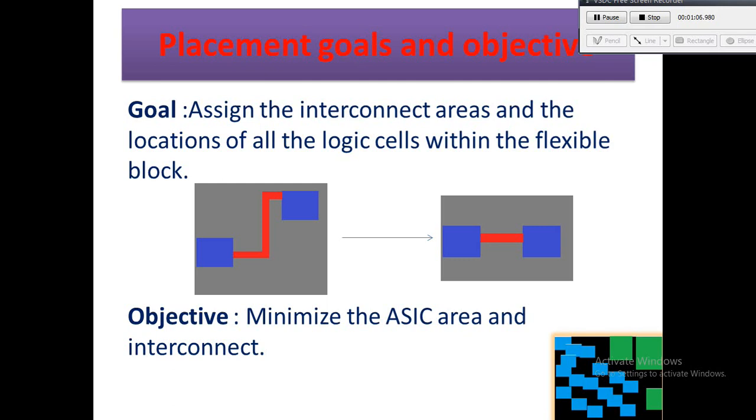As we know, day by day the technology node is shrinking and getting smaller and smaller. Earlier people used to work on 180 nm and now people are working on 5 nm or less. So the area decrease is significant, and to reduce the area we need to take care of the interconnect also. In the placement step we especially take care of the routability and the power and area performance of the design. So guys, watch the video till the end and see the whole series to know how we can optimize the design in the placement step.